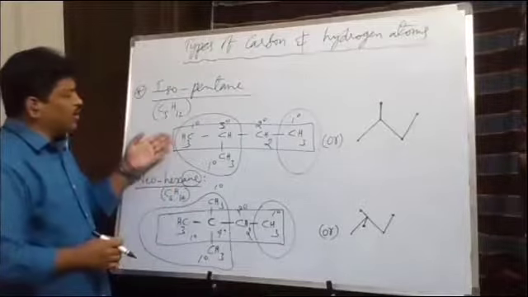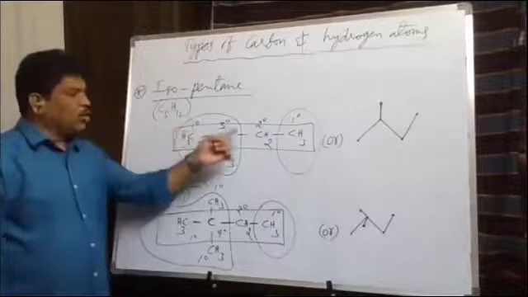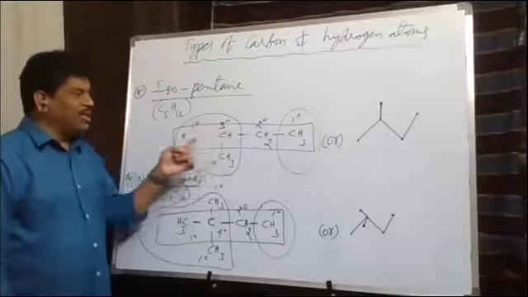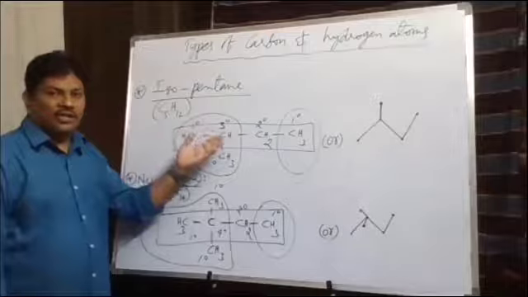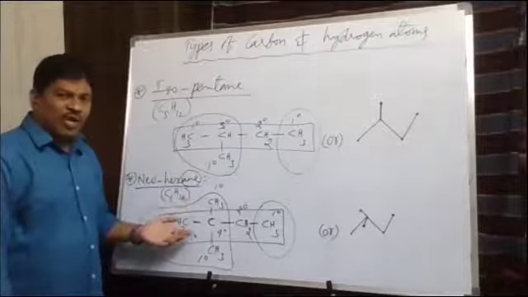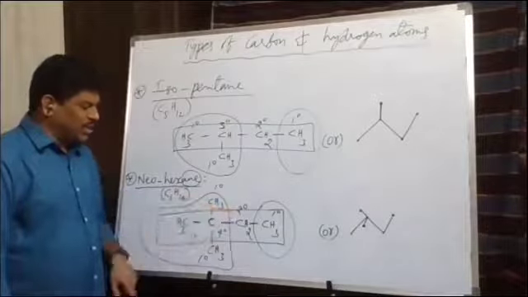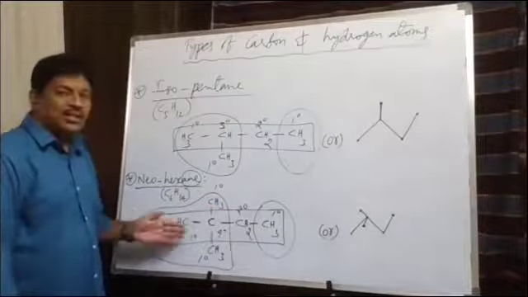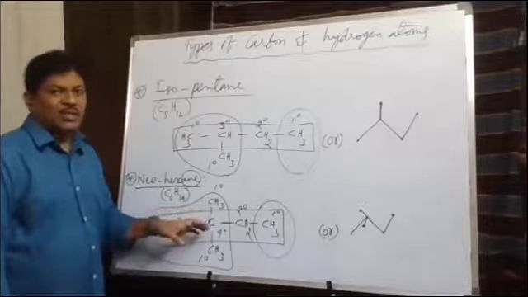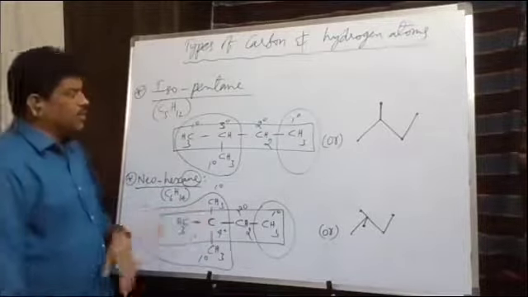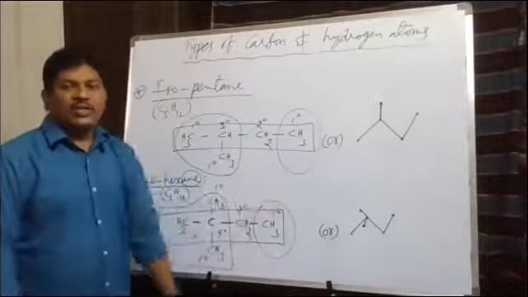So here in this case, which types of carbon atoms do we have? 1 degree primary is there, 2 degree secondary carbons are there, and 3 degree tertiary carbons are there, but no 4 degree carbons here. But in neohexane, we have 4 degree also. So 4 degree is there, 2 degree is there, and 1 degree is there. But 3 degree is not there here. A 3 degree carbon is not available in this case. Okay. So in this way, we have to identify the different types of carbon atoms in the given structure.